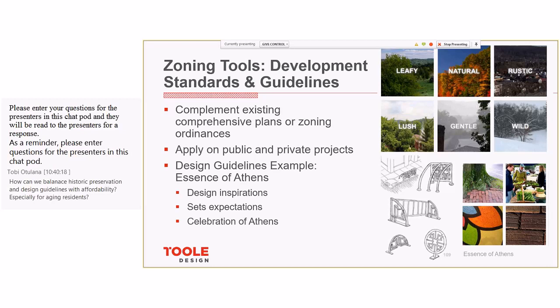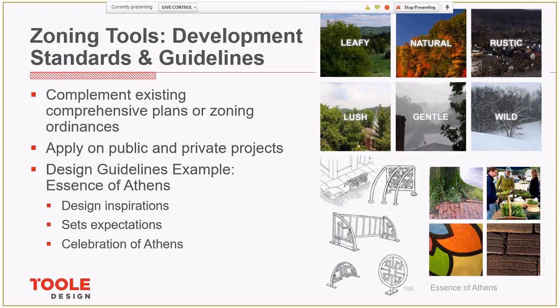A really good example of design guidelines from Ohio is this Essence of Athens document. This document is not binding, but was created to summarize and communicate community design values. It is a celebration of everything that makes Athens, Athens, and includes design inspiration from the built and natural environment. It includes suggested materials, color palettes, as well as some designs for elements in the public right-of-way, like bike racks